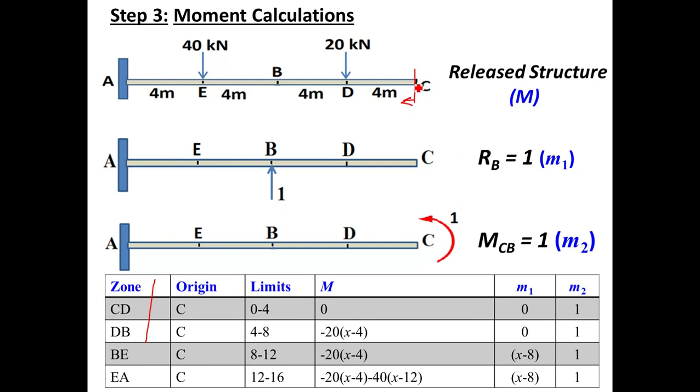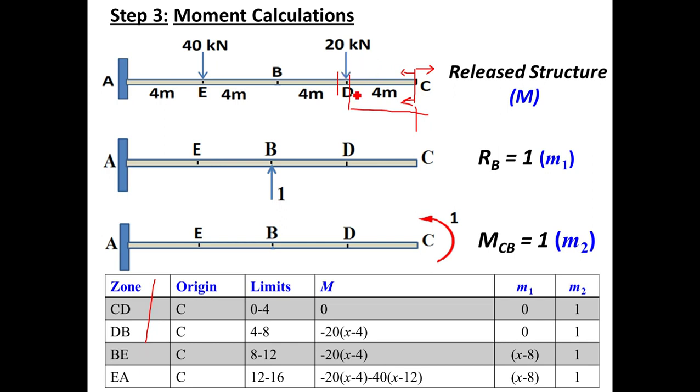Once you move from C towards A, observe the right part of the section, and at the point where the loading changes, your zone will change. So in short, a zone represents the loading conditions. From C, if you start to move, just before point D, if you observe the right part, there is no load. So the first zone is C to D. If you cross point D, the point load will come into the picture.